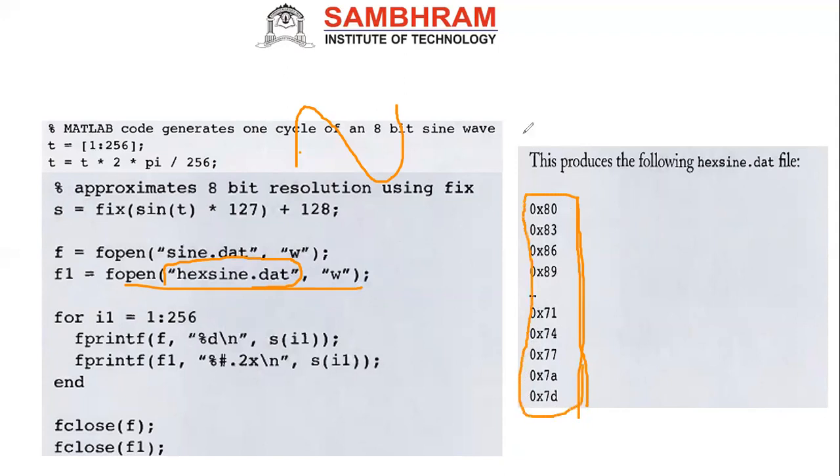Which memory is this? Is it one dimension or two dimension? It is a one-dimension memory, because these are all addresses: 0, 1, 2, 3, 4, 5. Then this is the data. How much is the data? It is 8-bit data. This is a memory. So totally, around 256 values will be there.